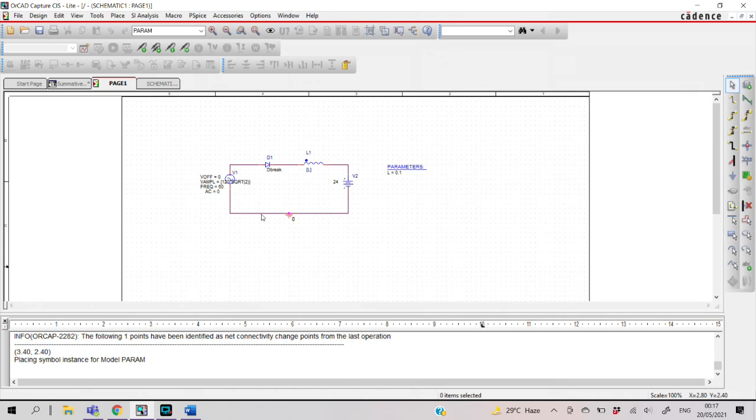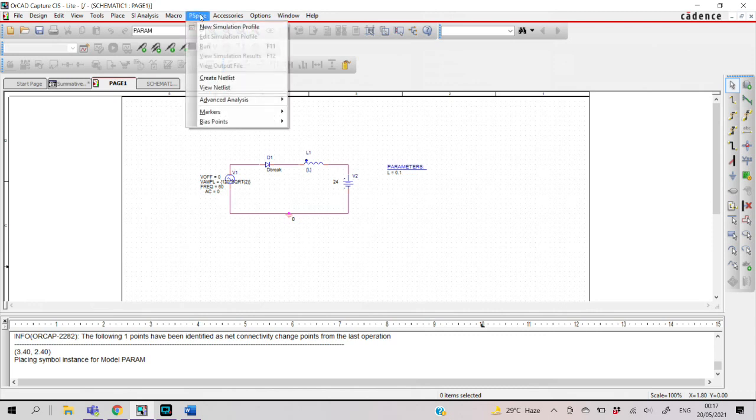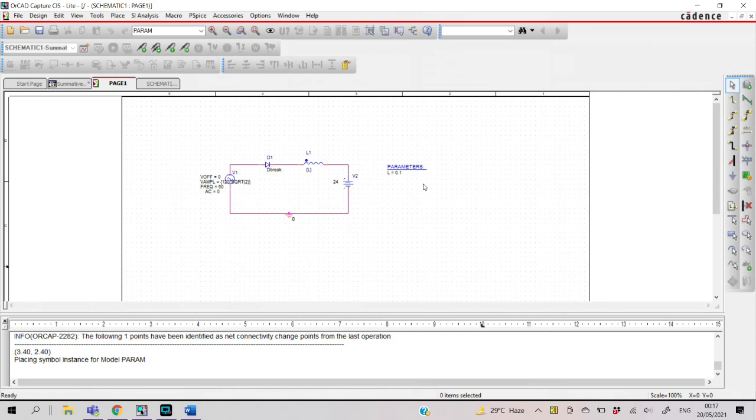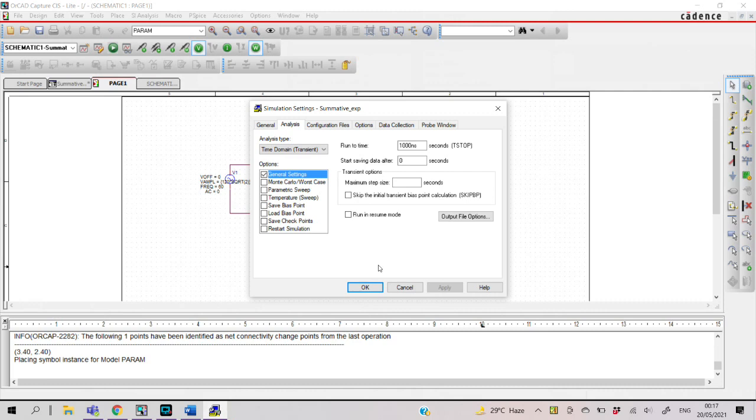to the simulation profile. So like before, PSpice, new simulation profile, and name it as summative_exp. Then click create. Now there is a new dialog box. So let's just say we will have a runtime of 1 period. 1 over 60 is 16.67 milliseconds, and our maximum time step is 10